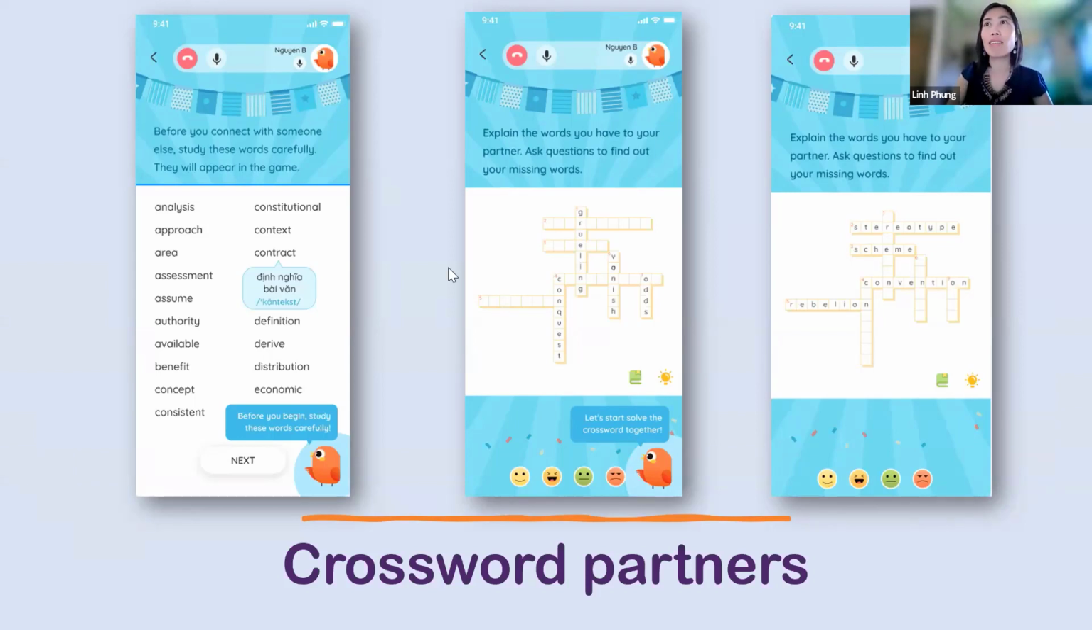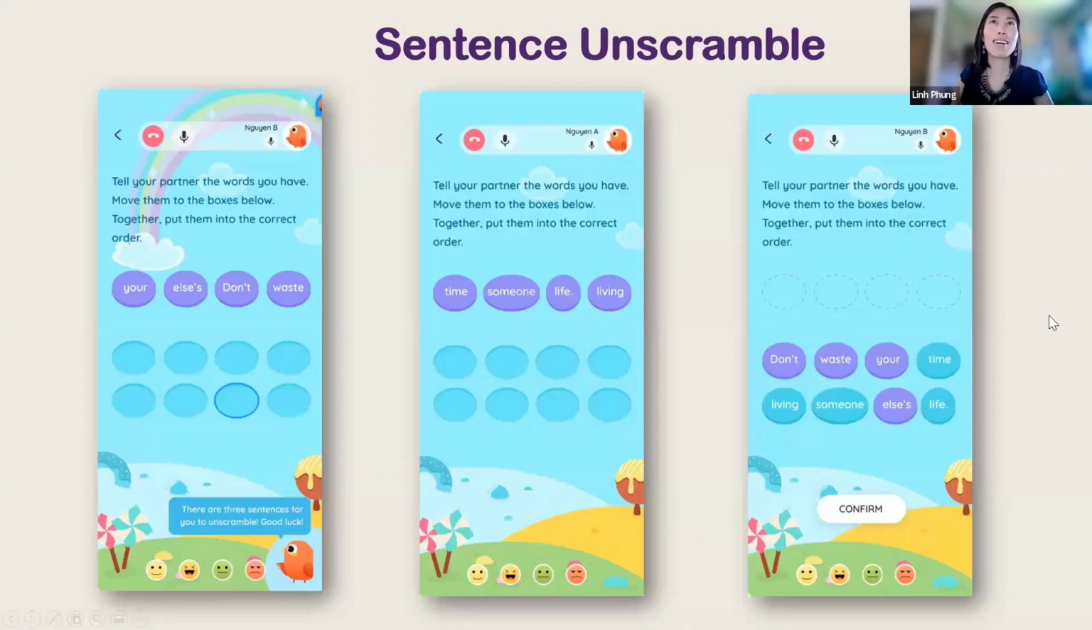So this is another task in the app. I like this one. I thought of this. I invented this for the app. I called it Sentence Unscramble. And I took a lot of famous sayings from famous people or from movies or from books. And then